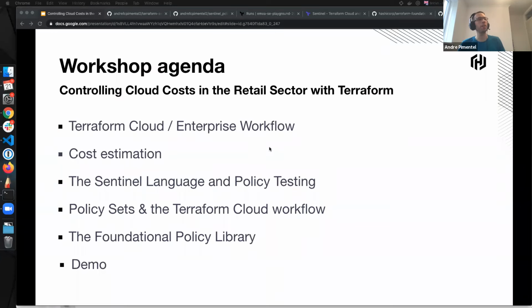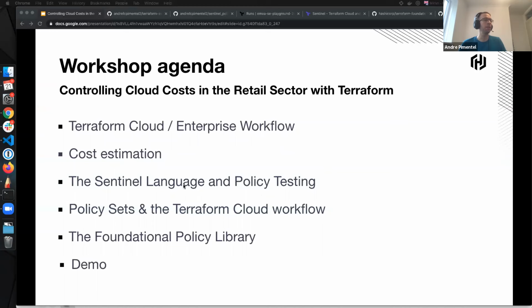Today's agenda: we will explore a bit of the workflow of Terraform Cloud and Enterprise. Then we'll take a look at cost estimation, and how we can leverage cost estimation with Sentinel and policy testing. We'll also see some policy sets, and how we can have another layer of governance on Terraform Cloud and Enterprise.